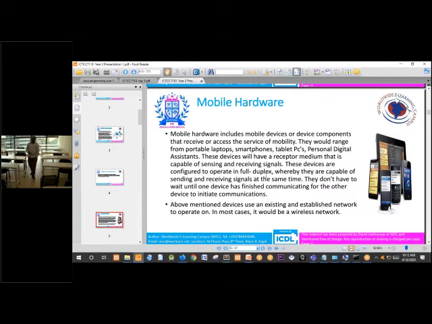One device is sending and receiving at the same time. They don't have to wait until one device has finished for the other device to initiate communication. A device is not required to wait until another one finishes to send its message.